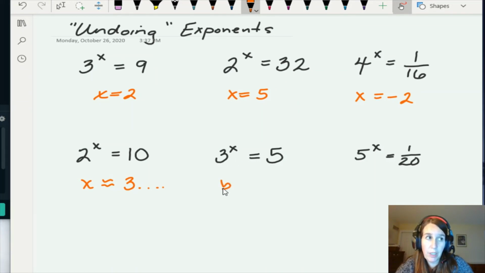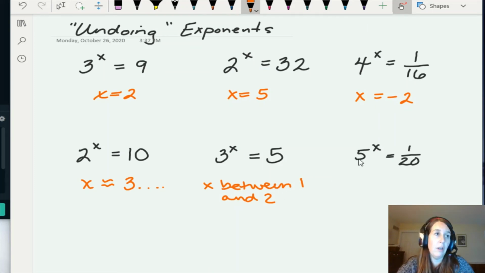Okay, between. So x is between, and it should be 1 and 2, right? Because 3 to the first is 3, 3 squared is 9. Kind of seems right in between there. Okay, somewhere between 1 and 2 though. Okay, now how about 5 raised to a power being 1/20th? So if it was 1/25th, I think you should be able to get the exact answer, but it's not, it's 1/20th, right? So this should be somewhere between 1 and 2 again,